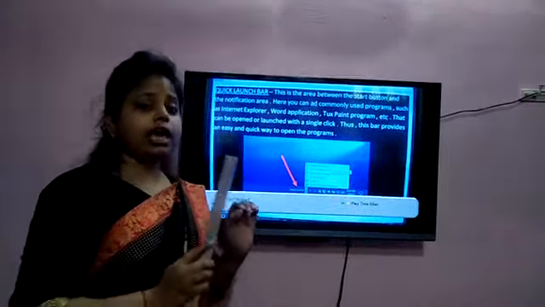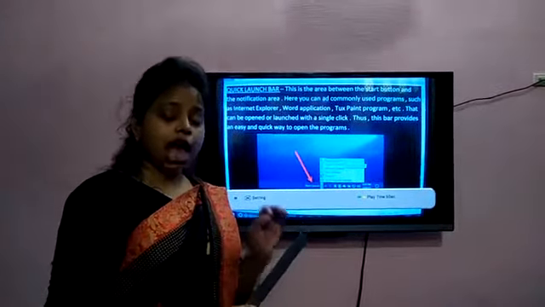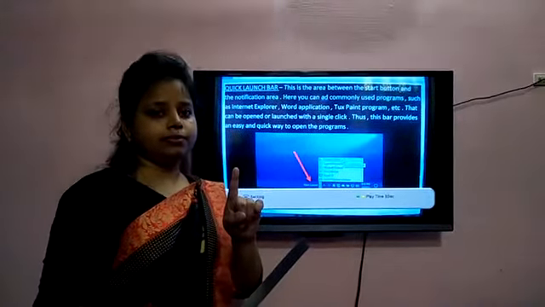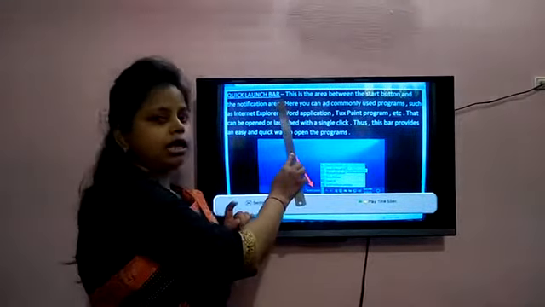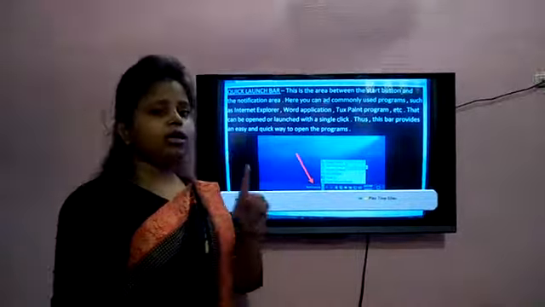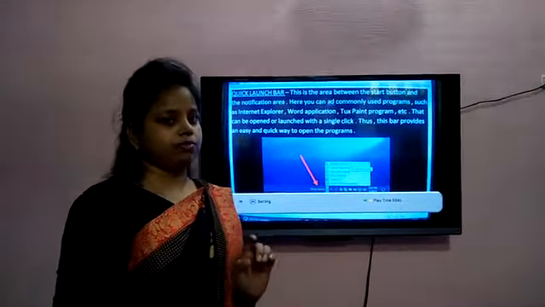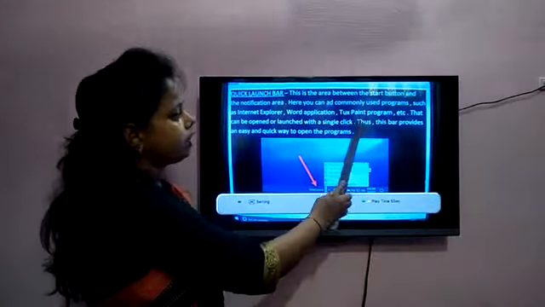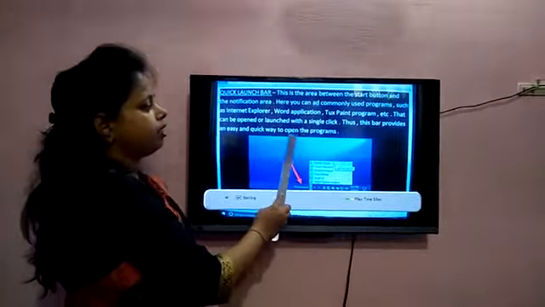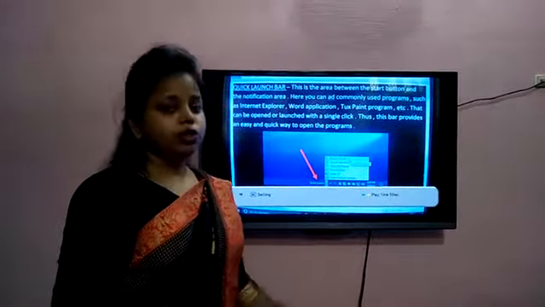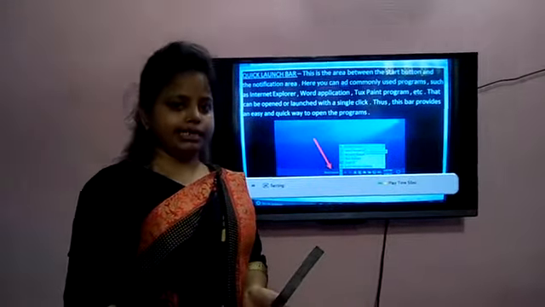But if we keep our programs in the quick launch bar, then we have to click only once. Thus this bar provides an easy and quick way to open programs. So from the quick launch bar you can open your program easily.